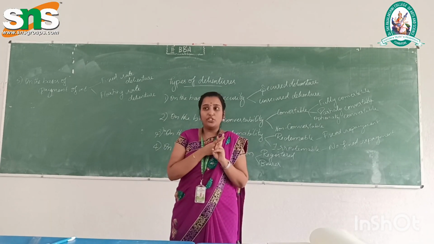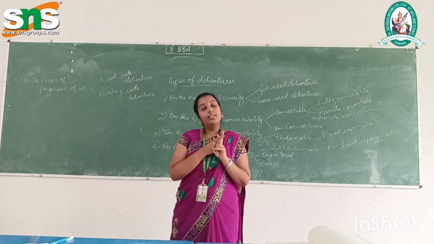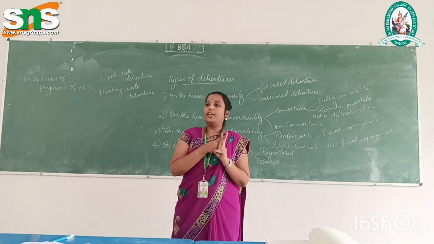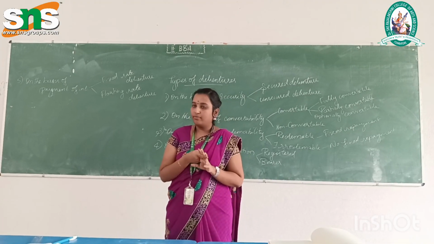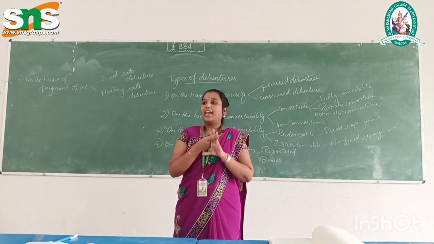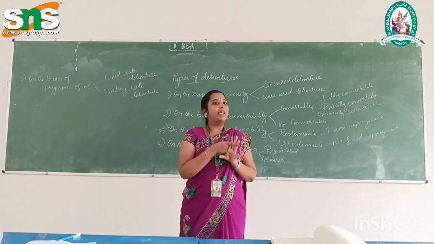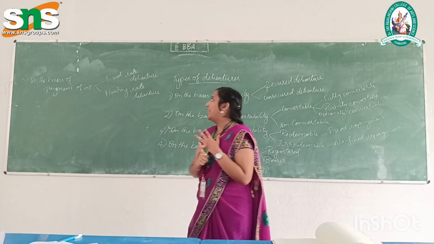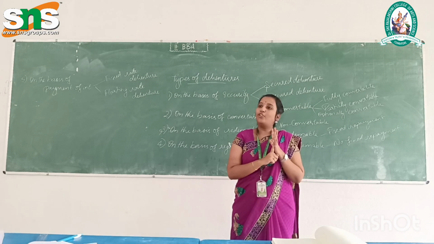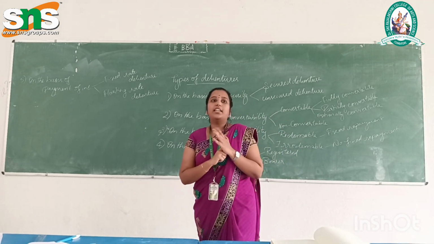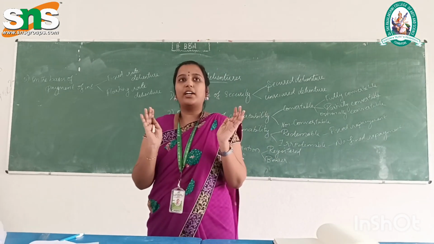Third, on the basis of redeemability: redeemable and irredeemable. Fourth, on the basis of registration: registered or bearer. And on the basis of payment of interest: fixed rate and floating rate debenture. Very good. So these are the types of debentures. Now you people are clear about